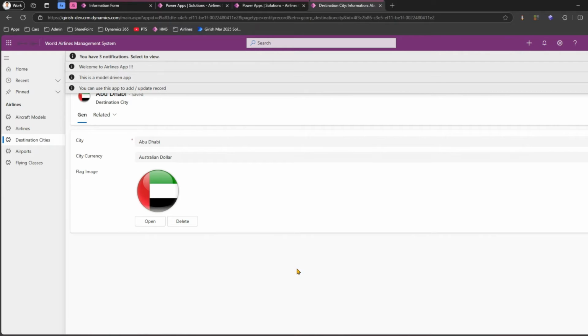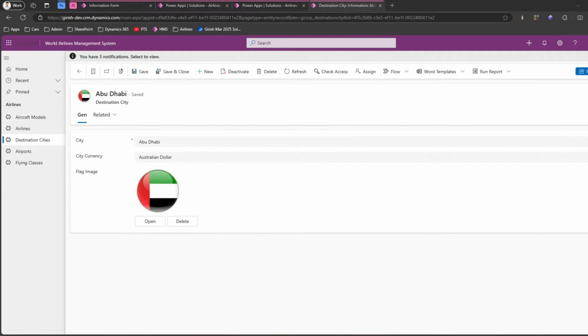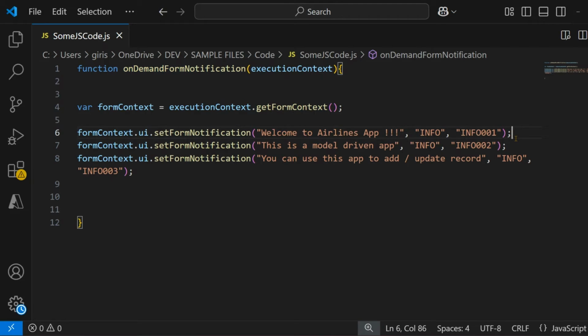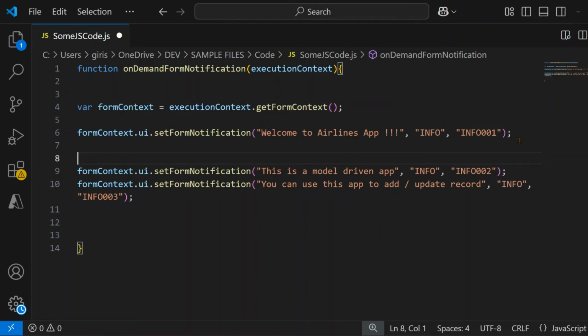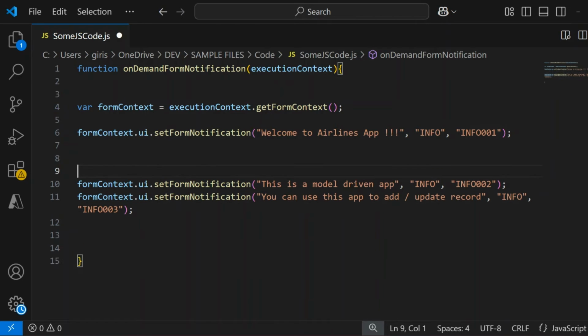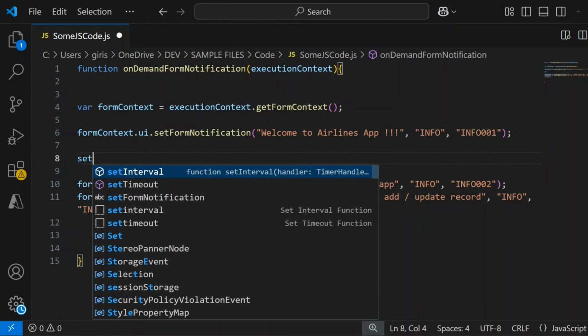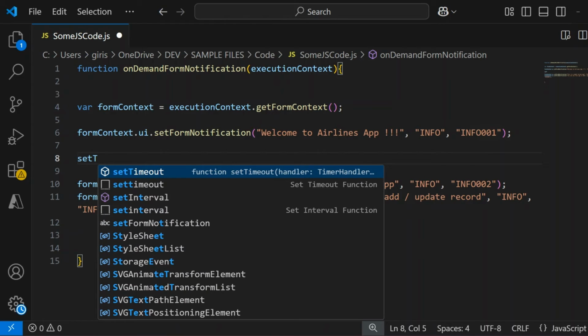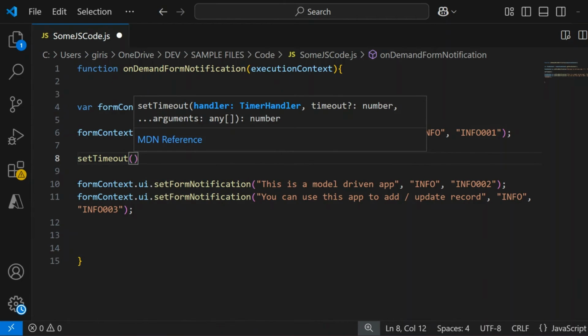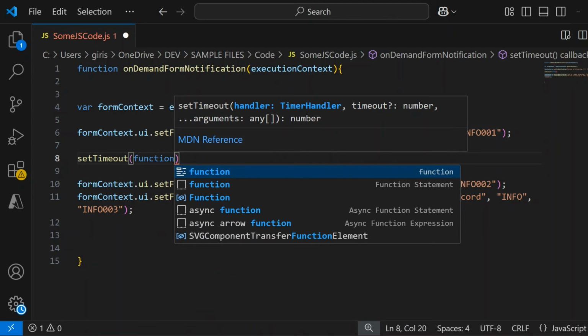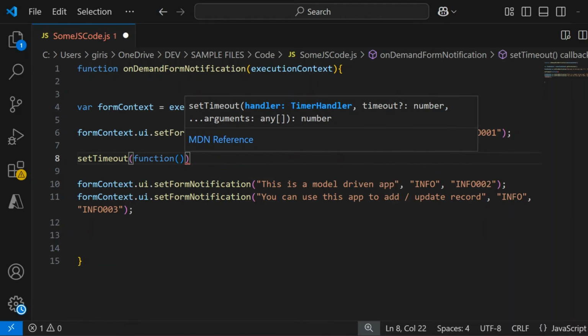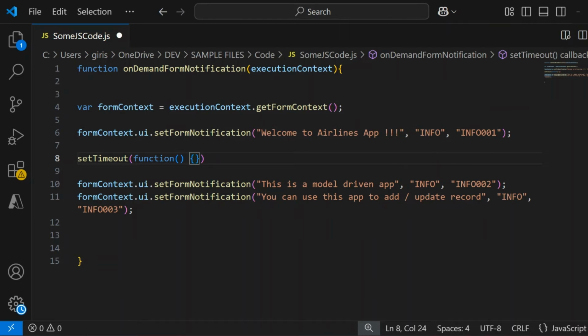So how do we go ahead and do that? In order to do that, let's make some changes in the code. We just need to use the function set timeout. I'll use set timeout, and then I'm going to pass a function to it. It's a kind of blank function. So set timeout, I'm passing a blank function,